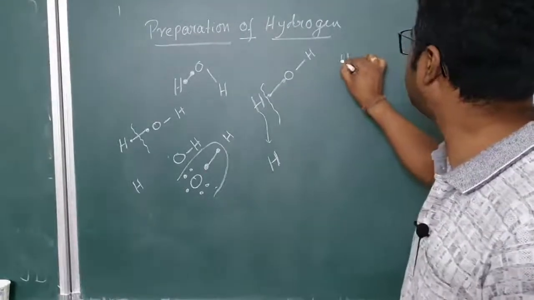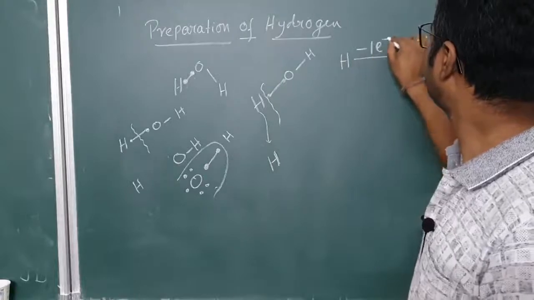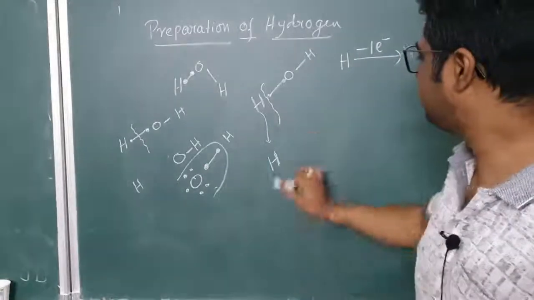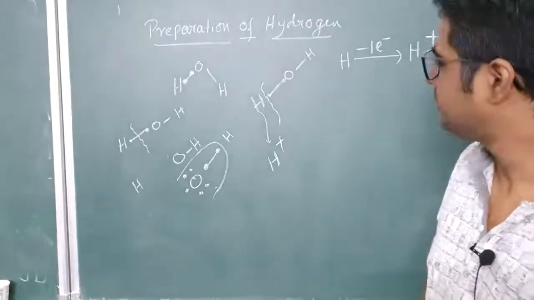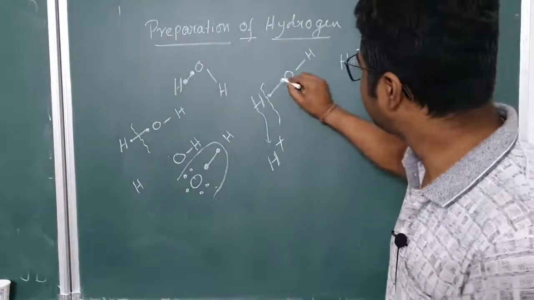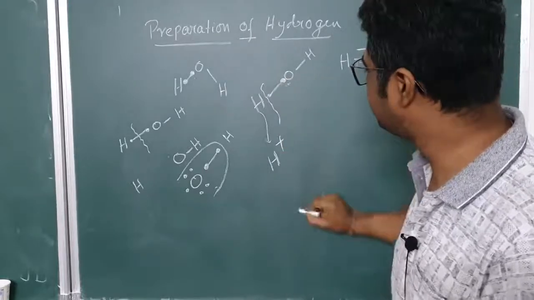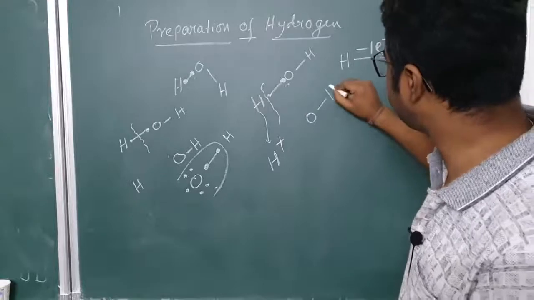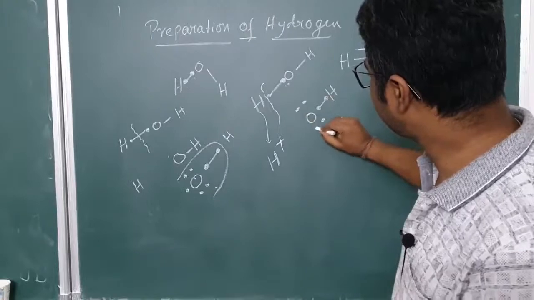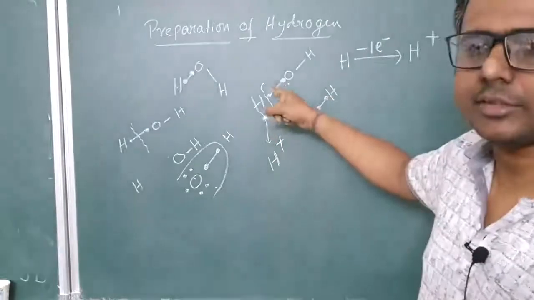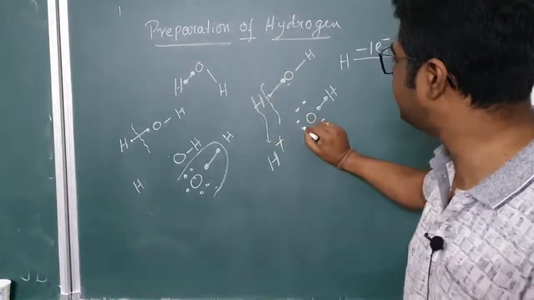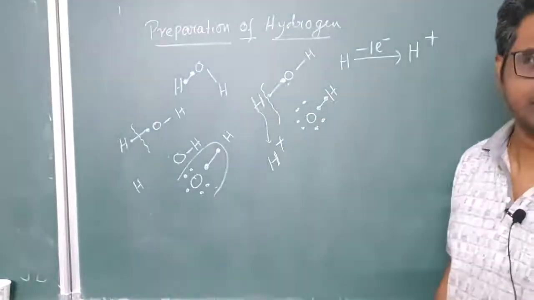So when hydrogen loses its electron, what does it form? H plus, correct? Understood? So this will be H plus. OH normally had how many electrons? Okay, let's now draw this new OH. And in this bond, how many electrons are there? Who has got these electrons now? OH. So can I put these 2 electrons over here? Any doubts?